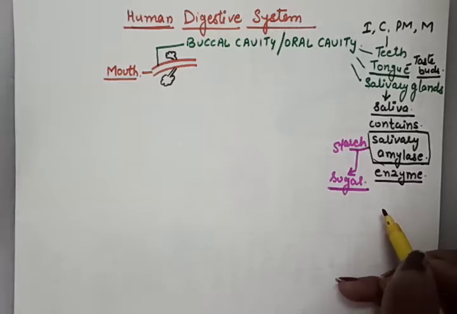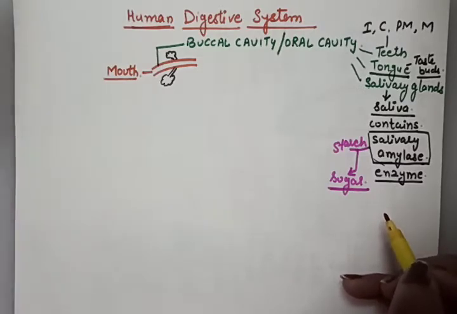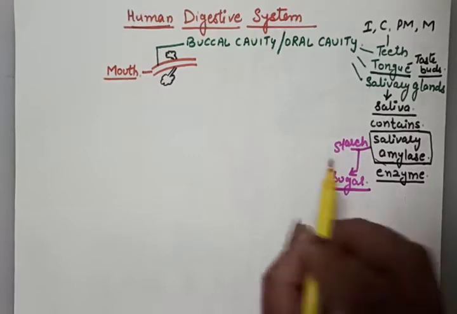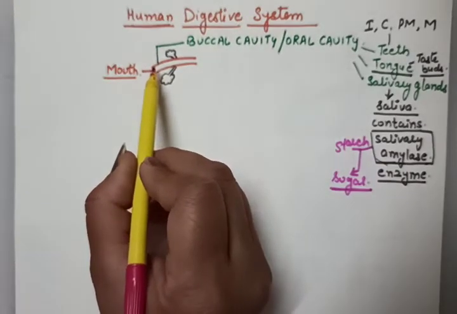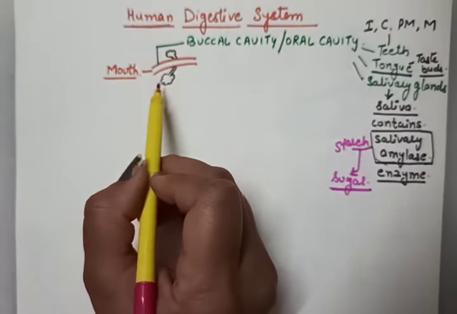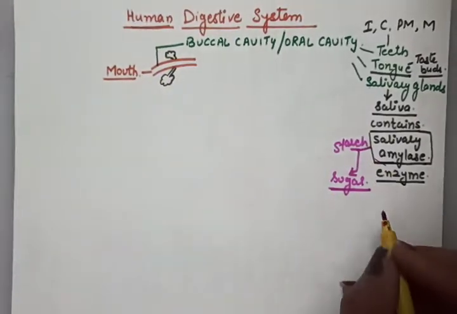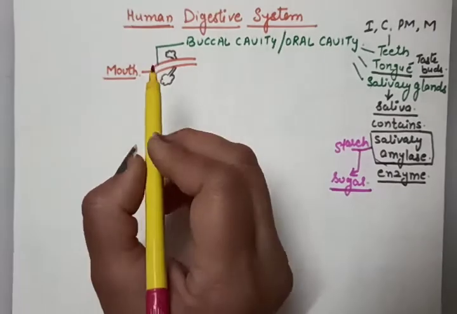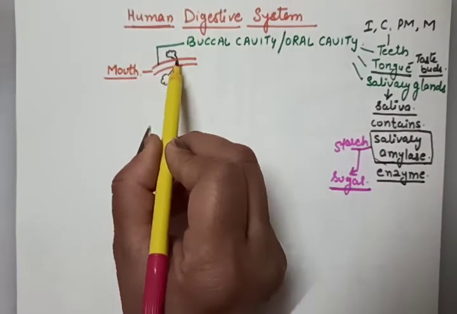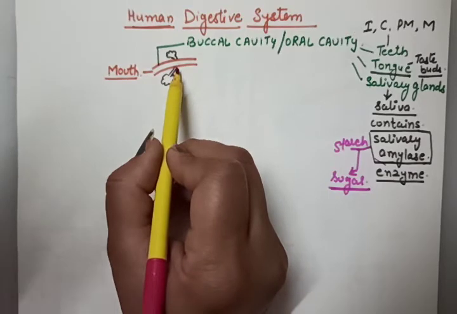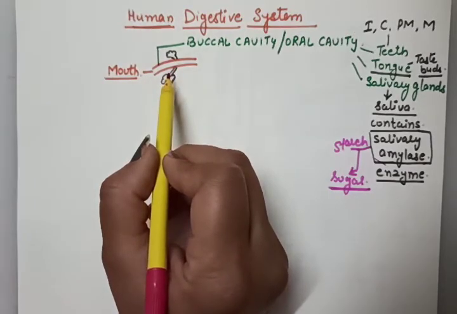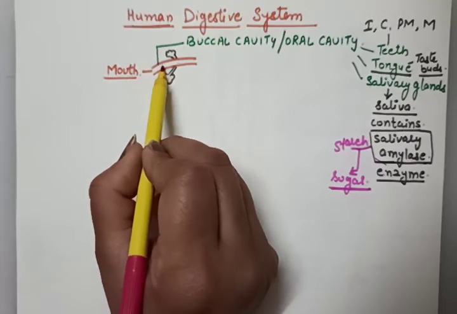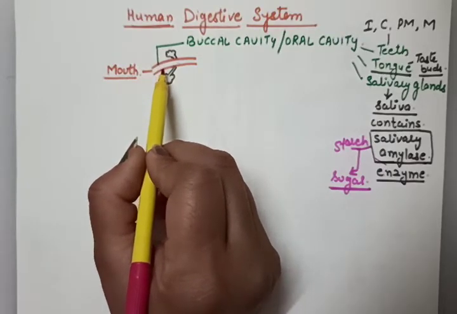Okay, now a one word question may be asked in the exam: where does the digestion of food get started in our digestive system? That is the mouth or buccal cavity, you can write. Okay, in our mouth the digestion of the food gets started. And which nutrient's digestion first starts? That is the carbohydrate. At the first time the carbohydrates digestion starts here. Only the carbohydrate, not any proteins, not any fats. Okay, only the digestion of carbohydrates starts here. Done?